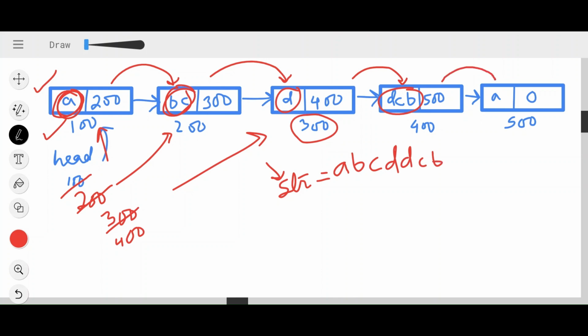Okay. Move to the next node. Before that, update it. What is the value here? It is A. Concatenate it to the string. Move to the next node. That is null. So now head will get updated to null. Since my head is now pointing to null, the traversal ends here. So this is what you are getting as your string.